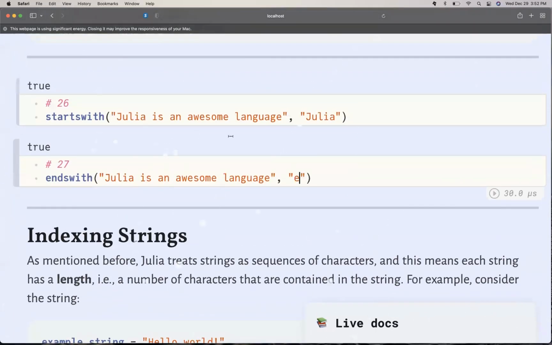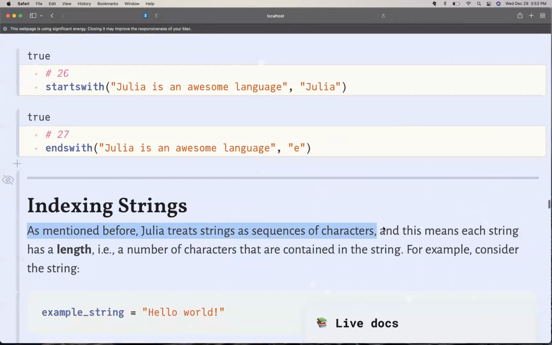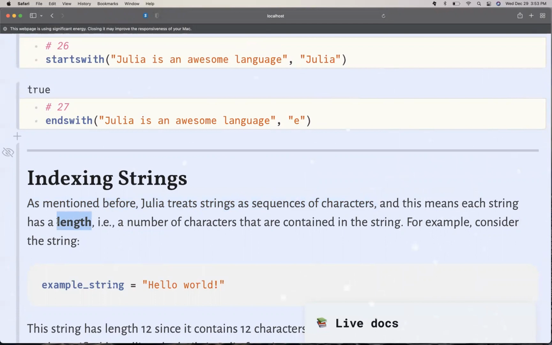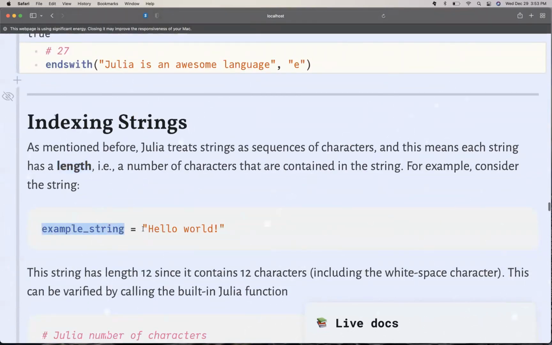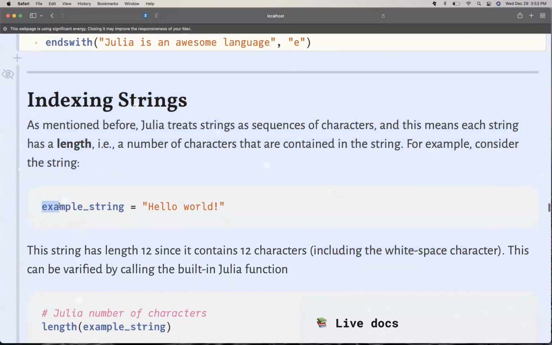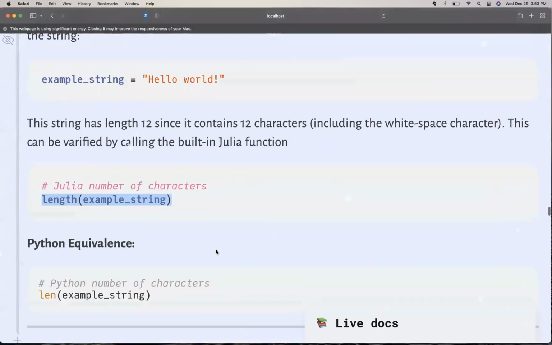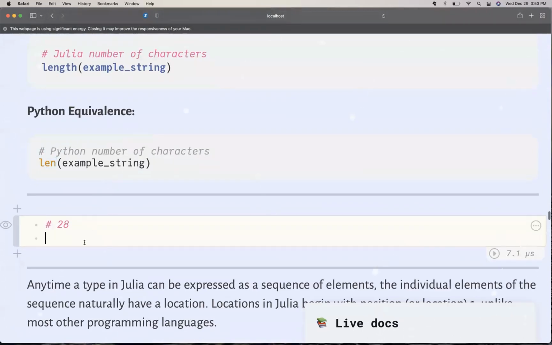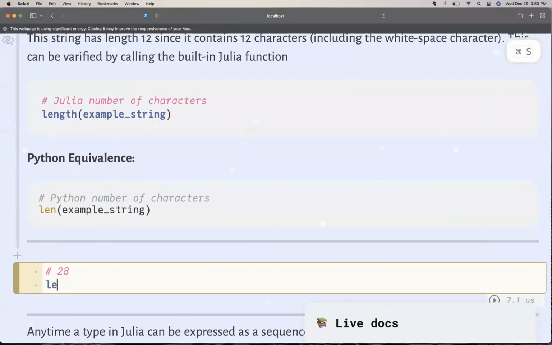So next up, we have indexing. As I've mentioned before, Julia treats strings as sequences of characters. So if you have a finite sequence of characters, there is a number of characters in your string. This is called the length of the string or length of the sequence. So if this is your example string, how many characters are in here? Well, if we just count 1, 2, 3, 4, 5, 6, 7, 8, 9, 10, 11. Oh, 12 with the white space. I almost forgot the white space. We have to remember white spaces are characters. So Julia has a built-in function that can tell us this. It's called the length function. And this is akin to calling the len function in Python. So if we say length, and then put in hello world, exclamation mark,